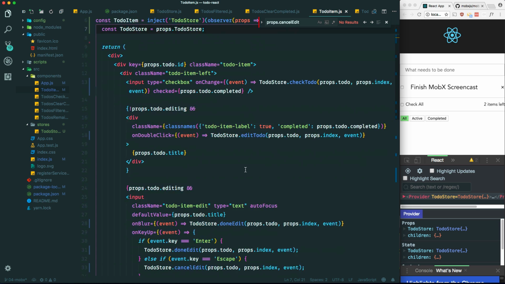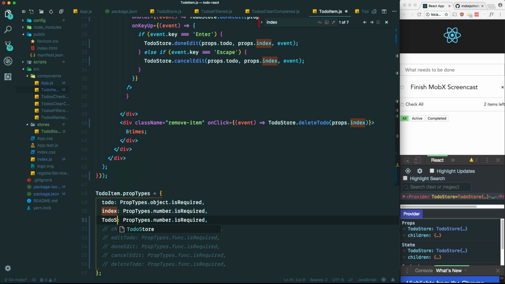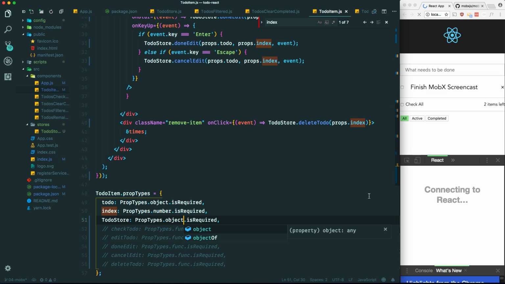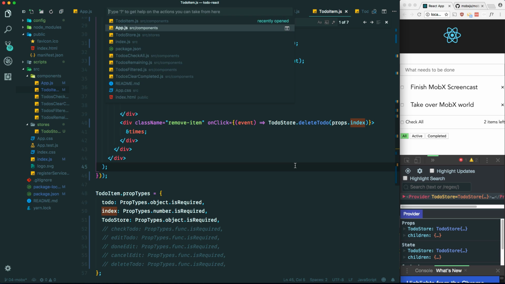And if you want to, you can verify the prop down here. So to-do store prop types dot object dot is required. Okay, now let's work on the other components. So let's start with this to-do's remaining component. Let's go into our app.js,